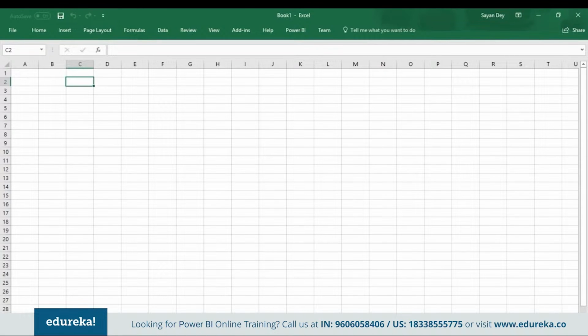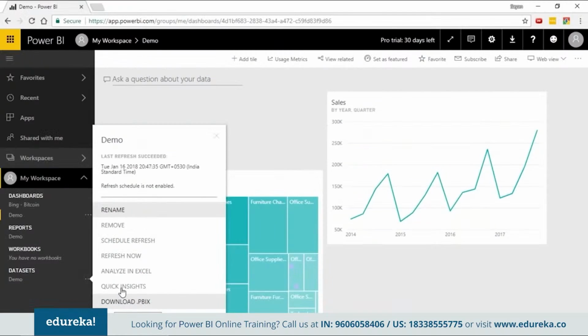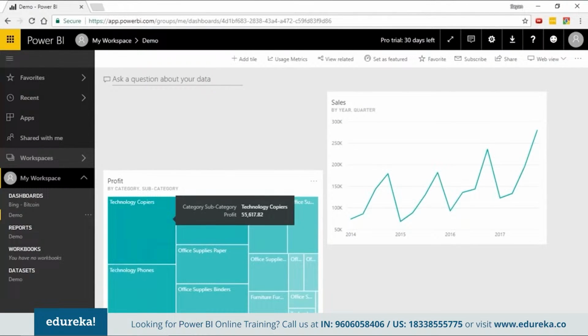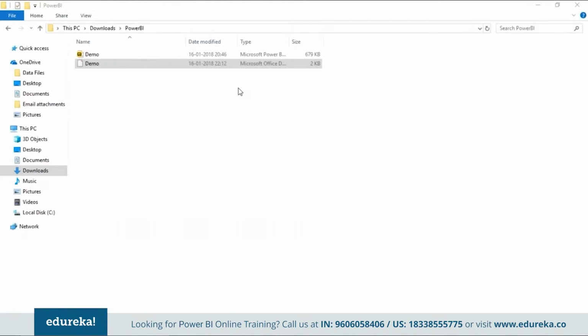If you have a data set in the Power BI service, just go ahead and click on it, and you can basically just say Analyze in Excel. When you do that, you download an ODC file. ODC stands for Office Data Connection File. I'm going to show you what that Office Data Connection File is and how it looks. So this is what an ODC file looks like. If you see my screen right now, you will see that it's an Office Data Connection File.